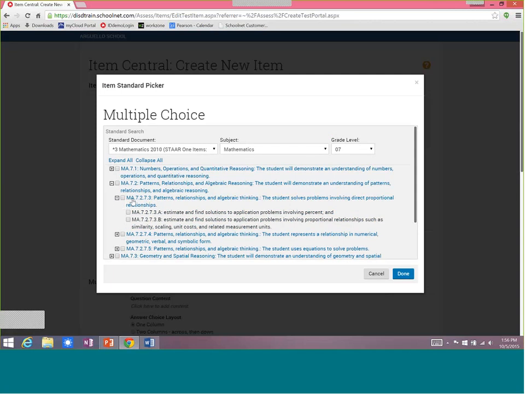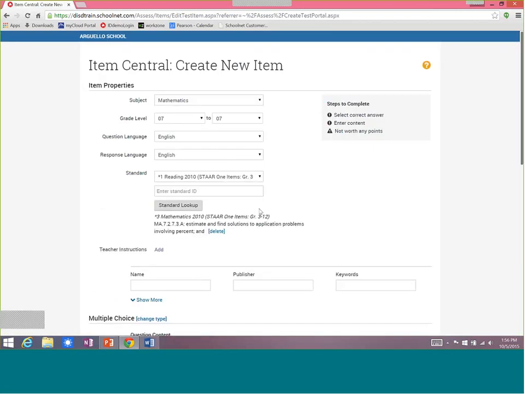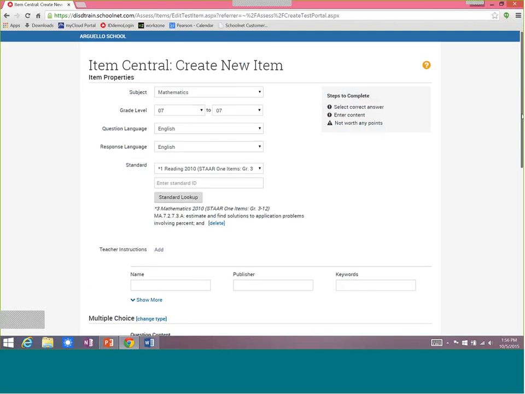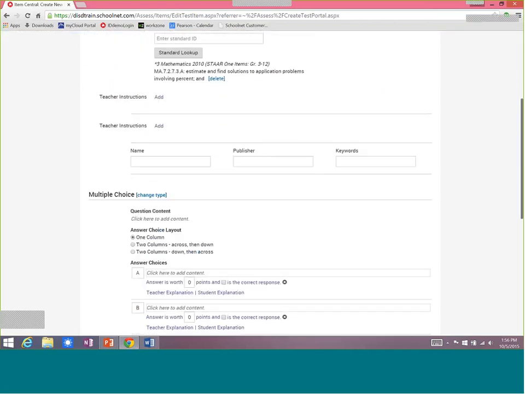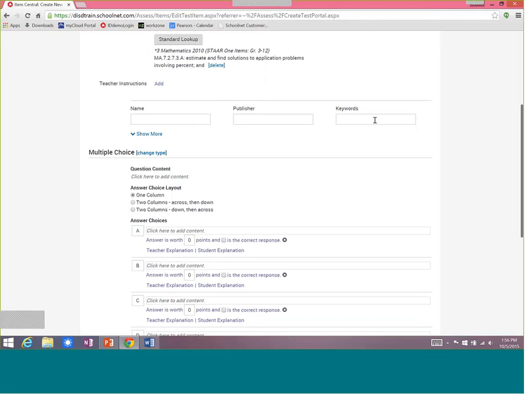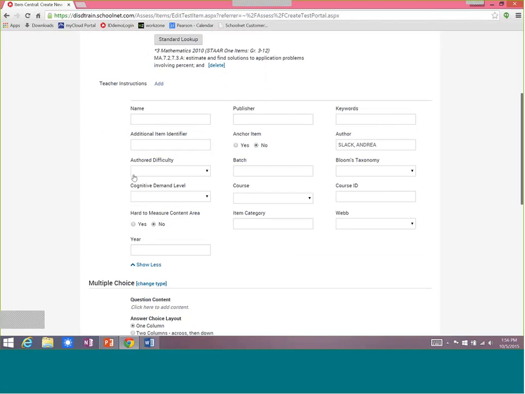I can expand that area, and then I can just click on the checkbox here and say done. And now you'll see that that standard is aligned. Scroll down a little bit, you'll see that I have some properties that I can add. If I want to add a keyword right here, I can expand it. If I really want to spend some time looking at the web DOK level, I can add that to the item. I can even add Bloom's taxonomy